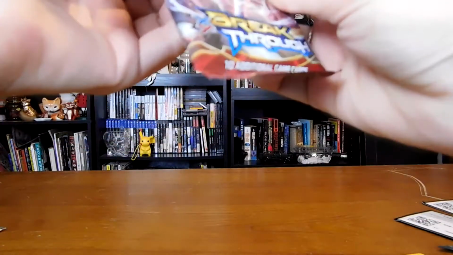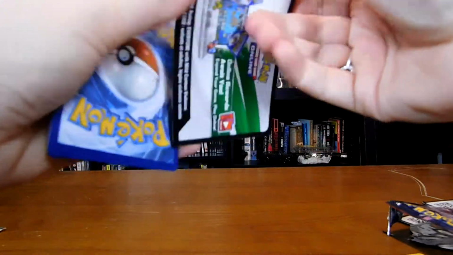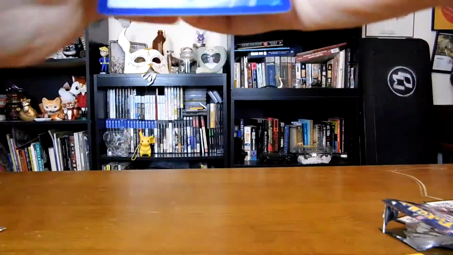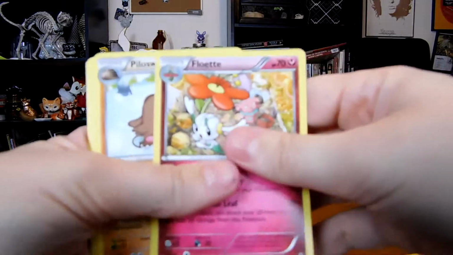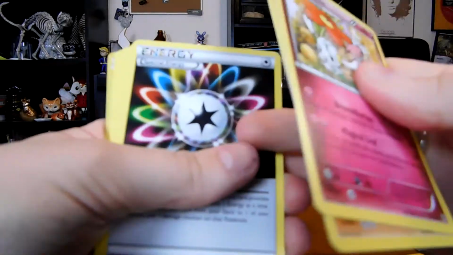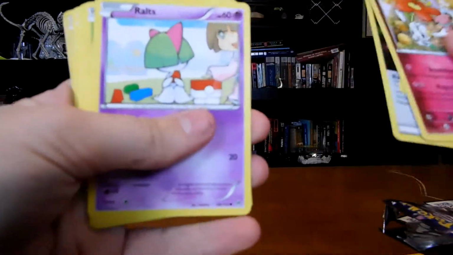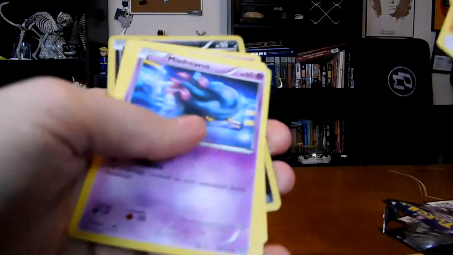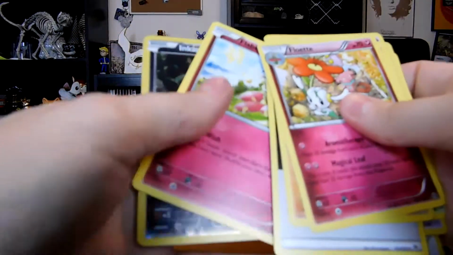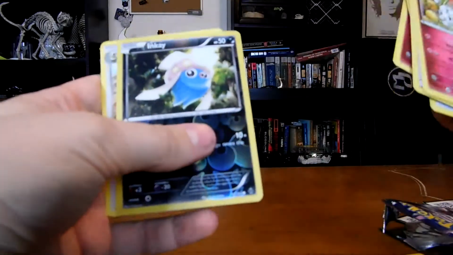Let's go ahead with the Breakthrough. These are kind of old, but whatever. There's a sneak peek there. There's another sneak peek there. So we got a Floette, a Piloswine, a Special Energy, a Routes, a Skidoo, Misdrevious, Swablu, Flabébé, a reverse